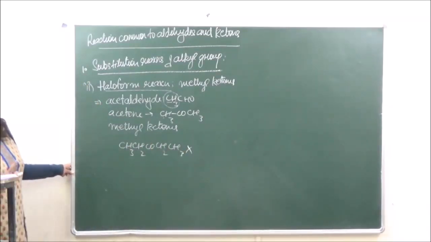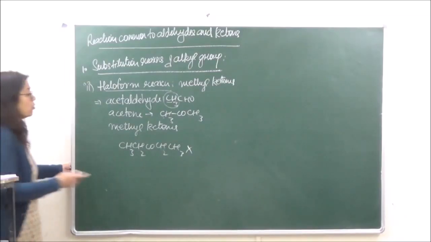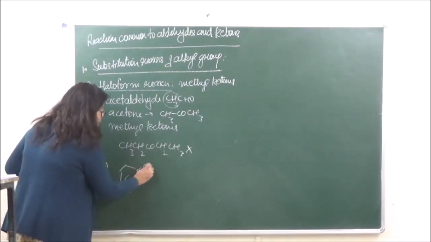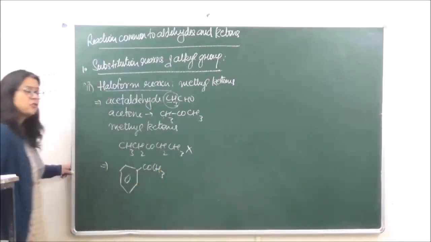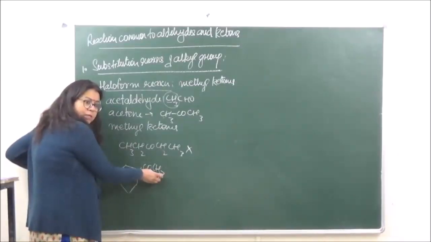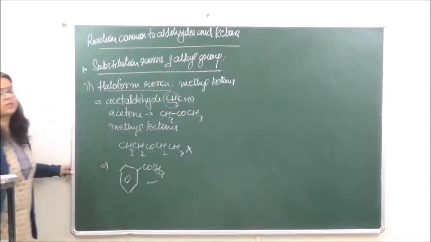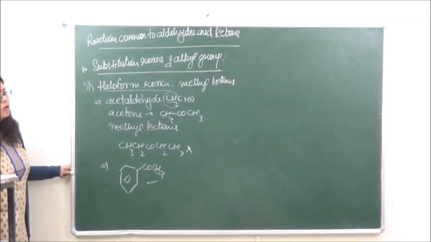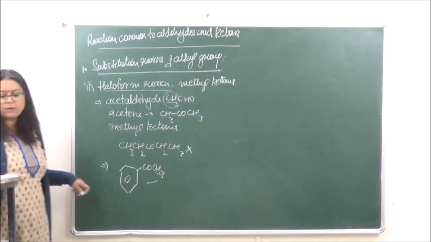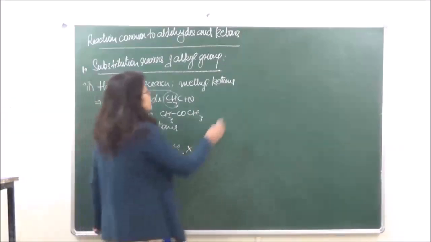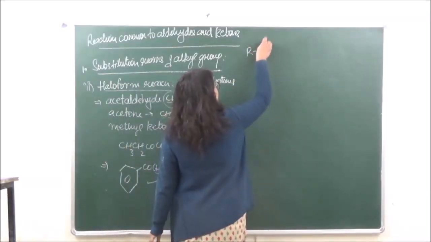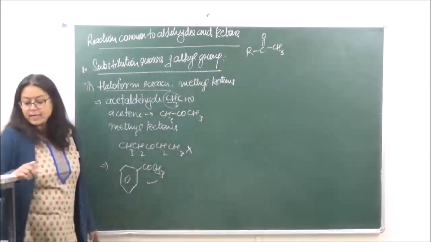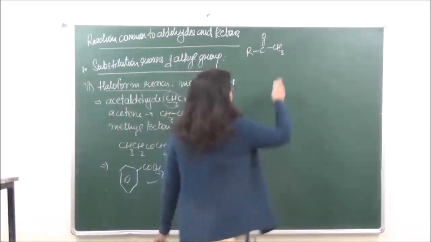So a CH3 must be present. For that matter, if we take acetophenone, here also one CH3 group is present with CO. This is also going to give this test. Understood? So this is a criterion for the haloform test which you need to remember, and this is a very common question which we get. So let's go on to the reaction. We are taking over here a methyl ketone, right? This is going to react with a halogen.